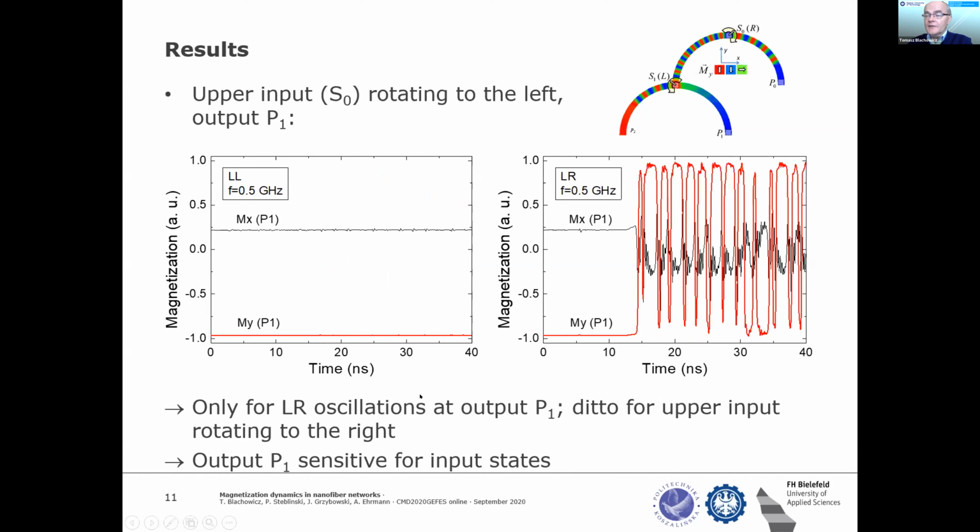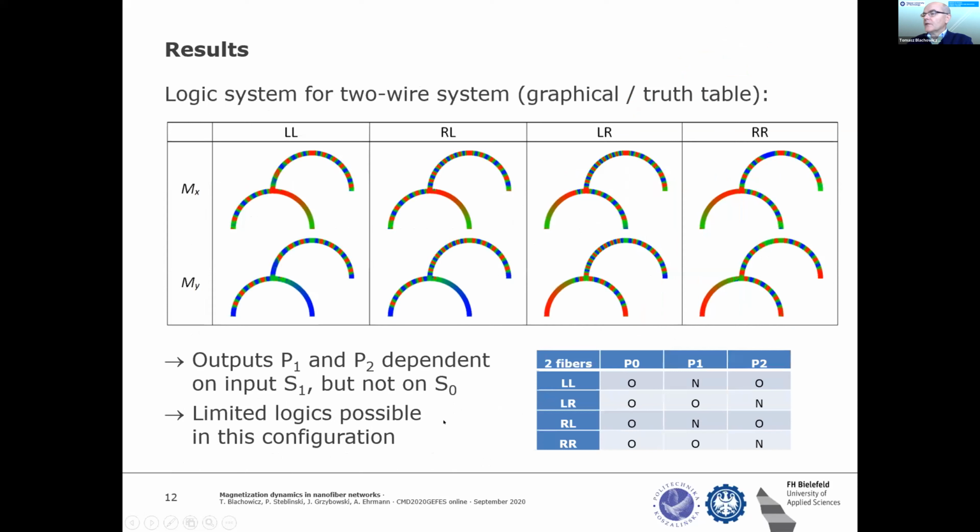Here, the situation is better if we measure or sense this output, because these 2 situations are quite different, and in this way we can observe. We can say that okay, P1 is somehow sensitive to input states and can be applied for any logic. Here there is the whole table of all possibilities for the 4 types of inputs. We can observe some outputs, and we can conclude, yes, the logic is possible, but it is still a